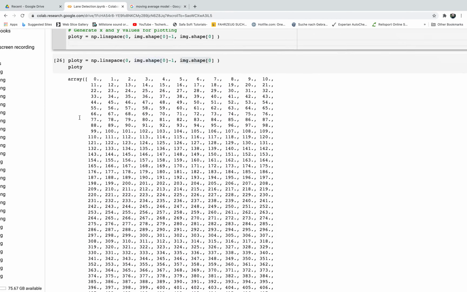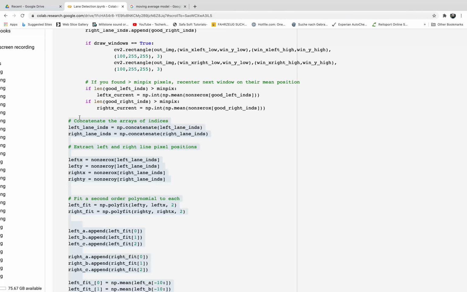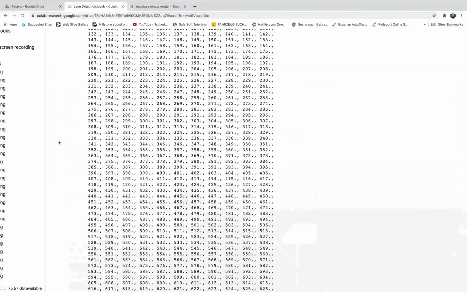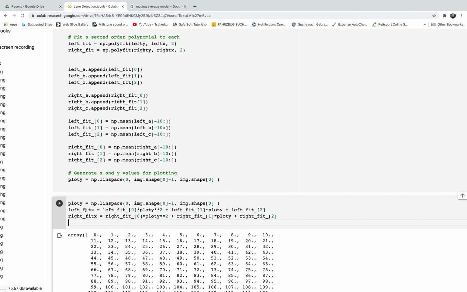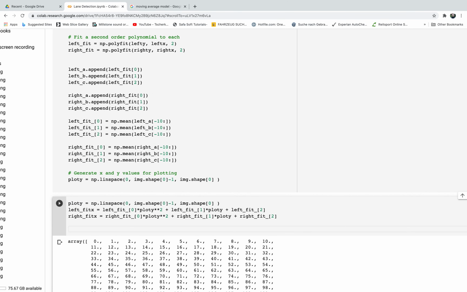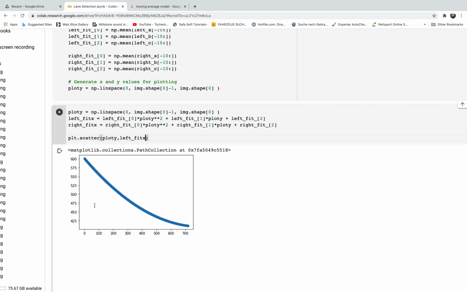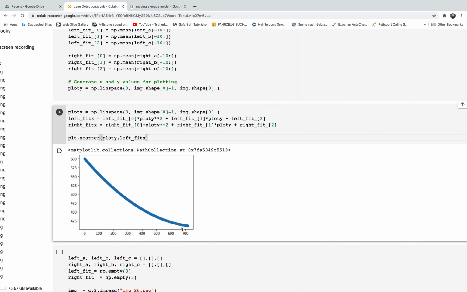Then I'll try to plot this. So you have this as an x-axis, and then this, for example, as the y-axis. Let's see if that works. Yeah, so this is our curvature